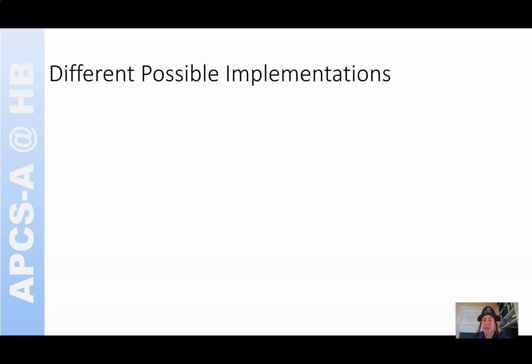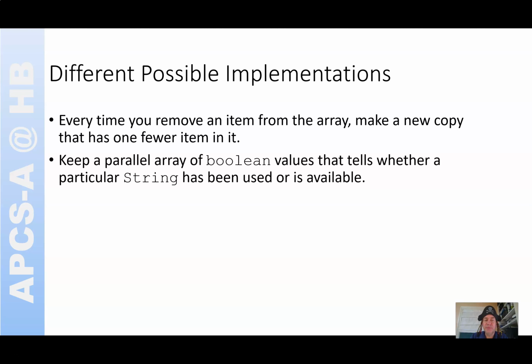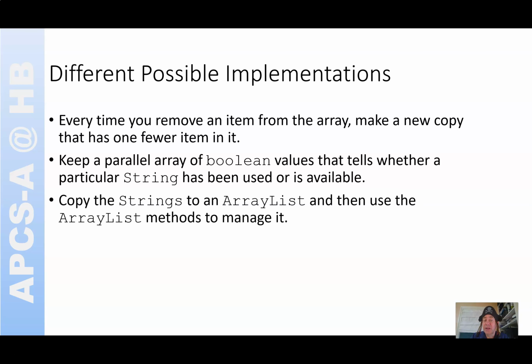Lots of different possible implementations of this. One is you could have an array, and every time you remove an item from an array, make a new copy of the array that has 1 fewer item in it. That works. That's doable. I wrote that one just to see that I could. It's doable, and you can look up some solutions and post those. Number 2, you could keep a parallel array, a second array of Boolean values that tells whether a particular string has been used or is available. Number 3 is the easiest method, and I'm glad that it was the one that many of you chose, which was to copy the strings to an ArrayList